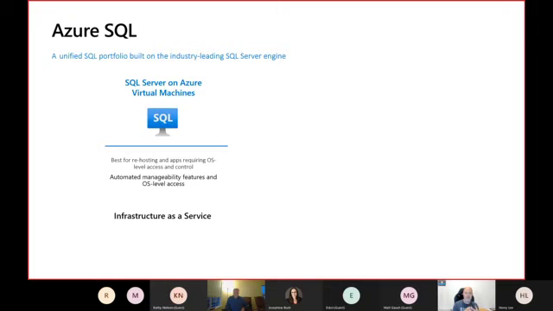So if we focus on Azure SQL for a moment, let's see what we can find in Azure. First of all, we have SQL Server running on Azure virtual machines. These are virtual machines, the ones you may have for something else eventually, but in this case running SQL Server.